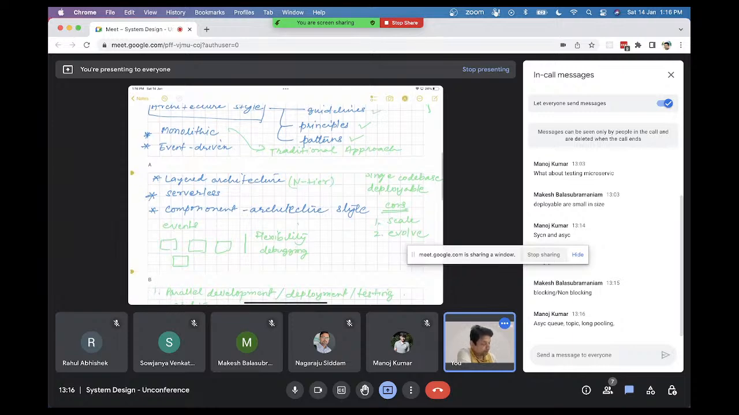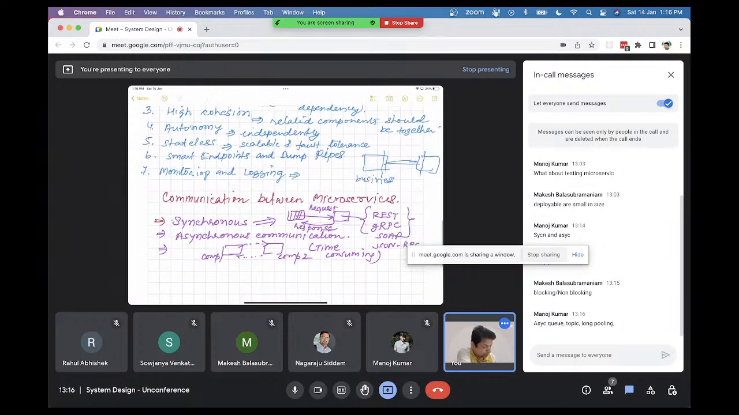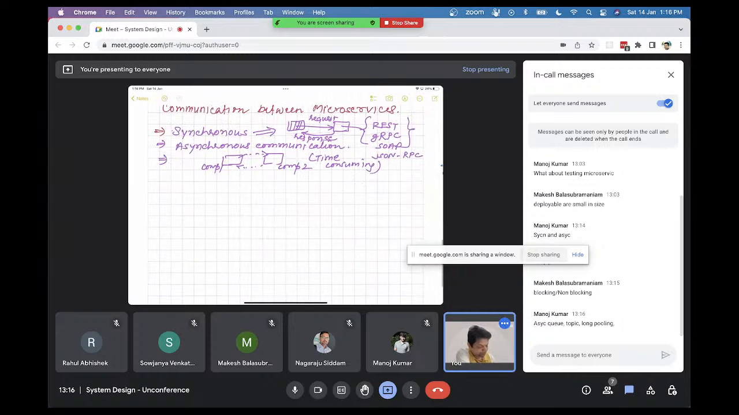Correct. Now, there are other ways also to communicate. I would say the other ways to communicate are: we can communicate using a mechanism called API gateway. We can communicate using service mesh,